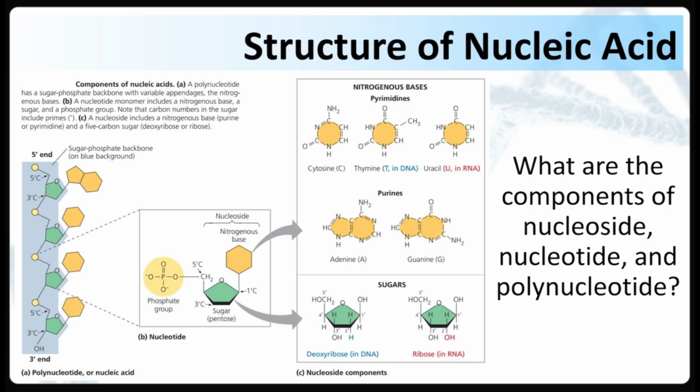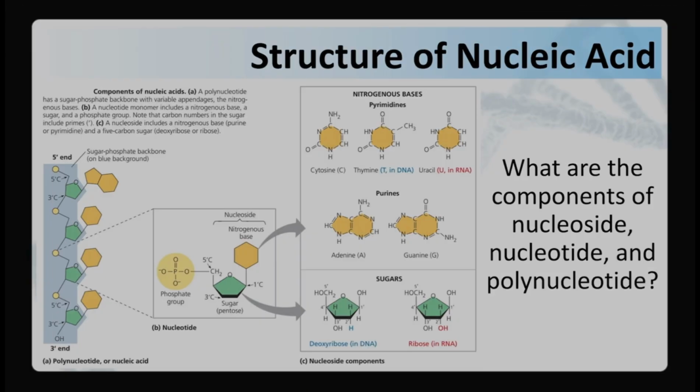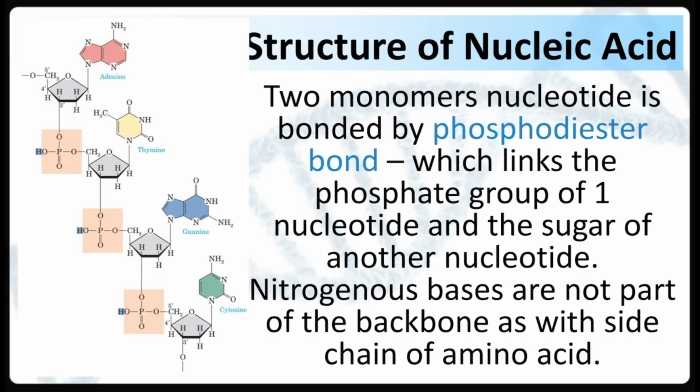What about a polynucleotide? A polynucleotide is a long chain of many nucleotides that are linked together by phosphodiester bonds, forming the structure of DNA and RNA. The one that you can see in the leftmost, the strand there in the picture, the one in the leftmost is the polynucleotide. Okay? Now, two monomers